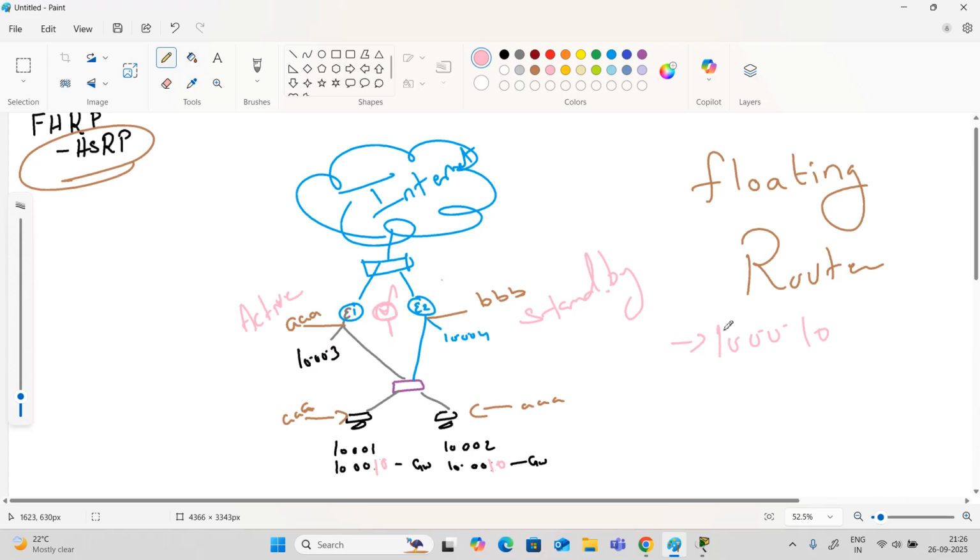What does that mean? This router's IP is what? 10.0.0.10. So the active router will say, yeah, it's me, I am going to respond to 10.0.0.10. I am active. I am 10.0.0.10. Now, when this guy sends an ARP request, who is 10.0.0.10, this guy is going to send a floating